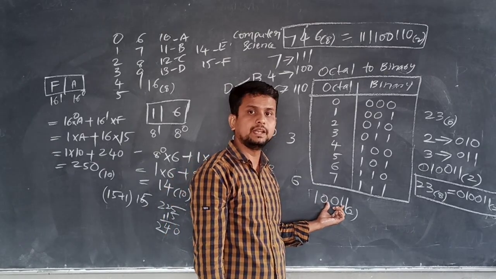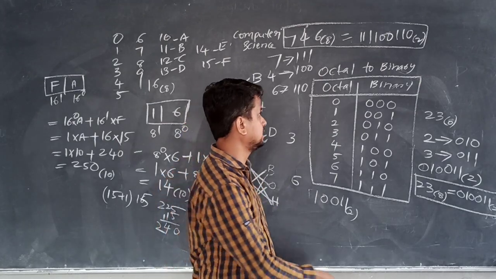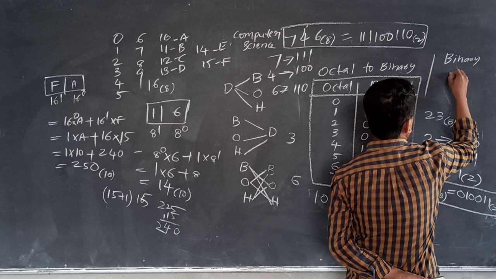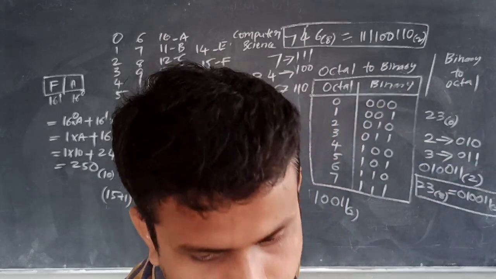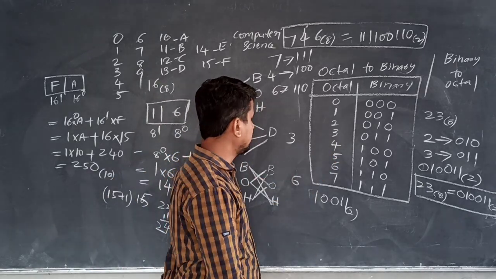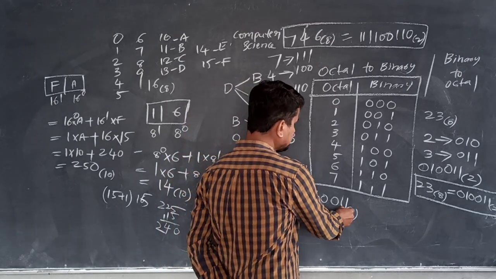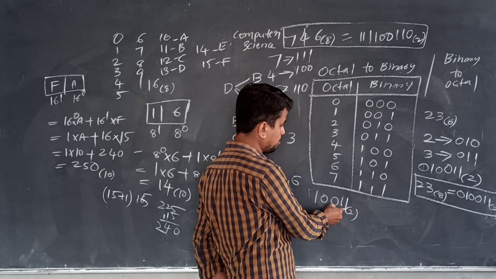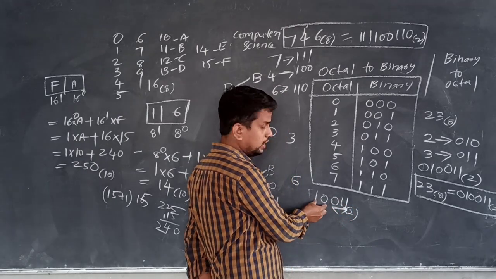Can you identify which number this is? It is a binary number. So from binary number system to octal number system we are discussing now. For this, the same table, but one important thing: from the right side we have to take 3 bits. Here 1 1 0. Again here you can observe only 2 digits are there.